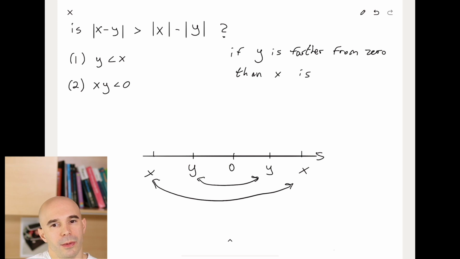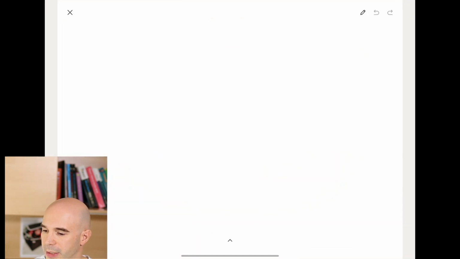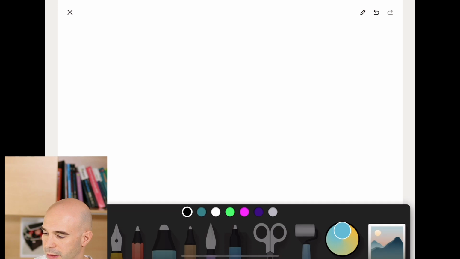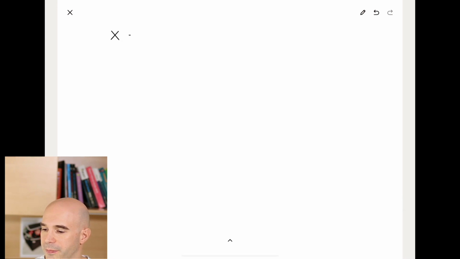I want you to think back to the left-hand side of the question stem. And I want you to think about the case in which x and y are on opposite sides of 0. Because we all agreed that that was kind of a way to maximize that value. Maximize the distance between these two numbers as if you put them on opposite sides of 0. And this is a pretty tough question that I'm asking you to think about now: given that x and y are on opposite sides of 0, how do you rewrite this expression